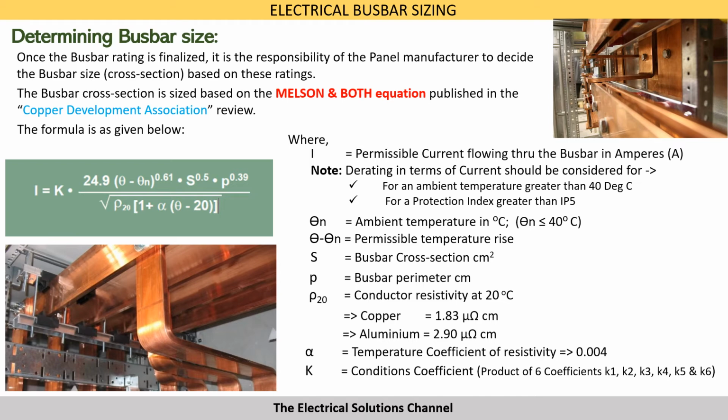P is the busbar perimeter in centimeters. Rho 20 is the conductor resistivity at 20 degrees centigrade. Alpha is the temperature coefficient of resistivity, while K is the conditions coefficient, which is actually a product of 6 coefficients, K1 to K6,